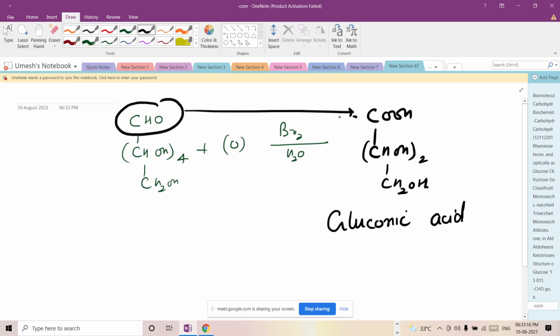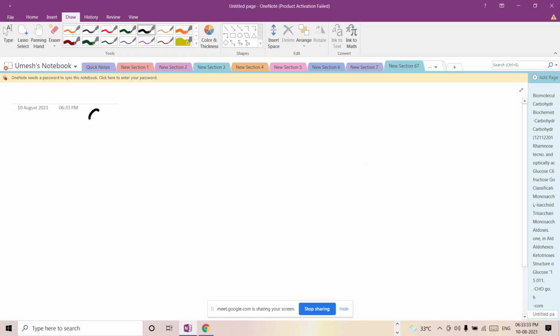Similarly, in the chapter of the aldehydes and ketones, we have discussed two confirmatory tests of the aldehydes and ketones. One is the Tollens reagent test, the other is the Fehling solution test. Those tests are also proved by the glucose molecule. Let us go into detail of this now. It is CHO group. Then we have CHOH twice with CH2OH. Treated with the Tollens reagent.